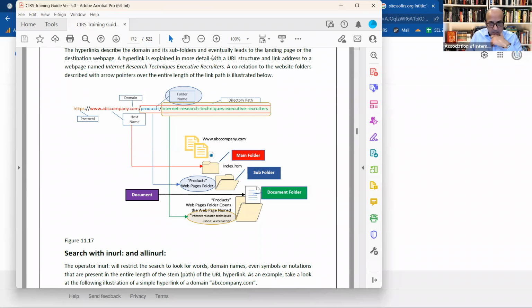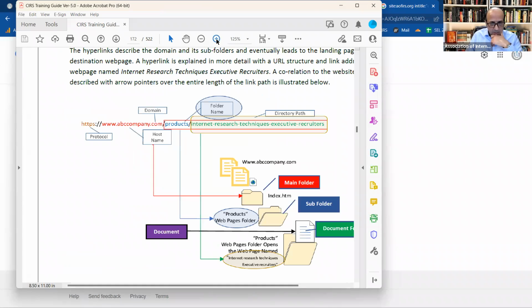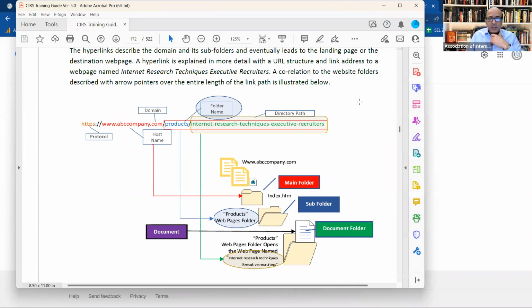What needs to be understood primarily, we're going to look at how the links are structured so that we understand the importance of querying using an operator called in URL with the colon sign. Okay. This is a domain, abccompany.com, and this is a link, an example of a simple link. This one is more like a static link. Static link means that it's purely going to bring you a page which is not really hidden,